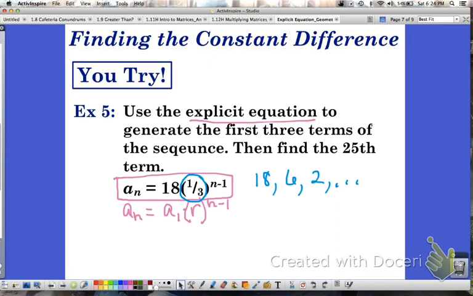To find the 25th term in the list, all I'm going to do is insert 25 in place of n. N stands for the term number. So the 25th term in the list comes from taking 18, multiplying it by a third, raised to the 25 minus 1 power, raised to the 24th power. So in your calculator,